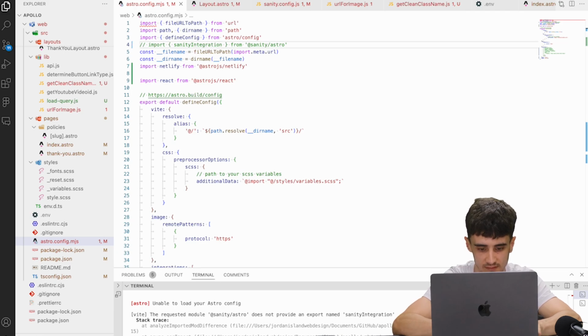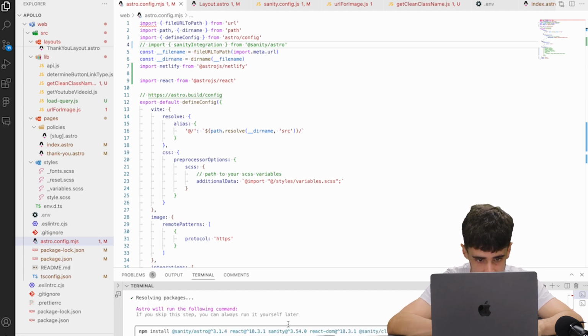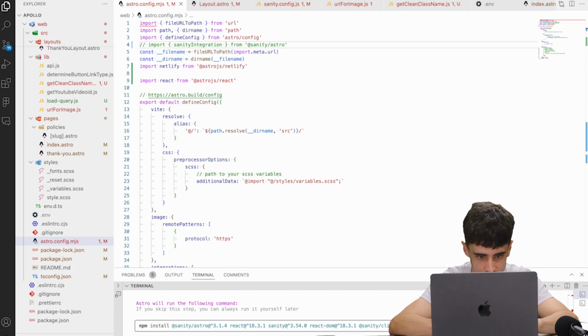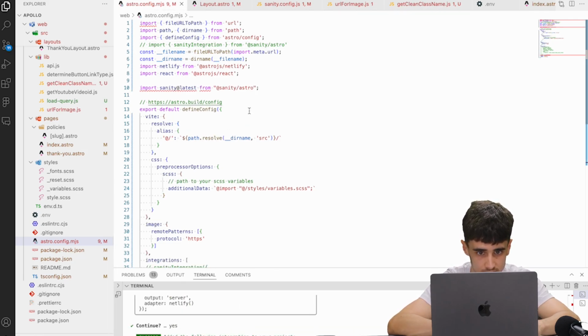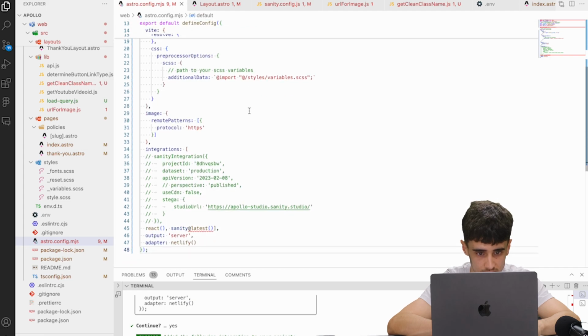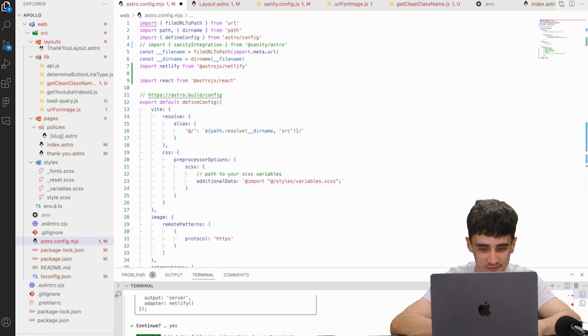And then we're gonna say npx astro add Sanity Astro at latest. Install the dependencies. Alright, that messed up because you can't do at latest. Alright, that's my bad. So instead,